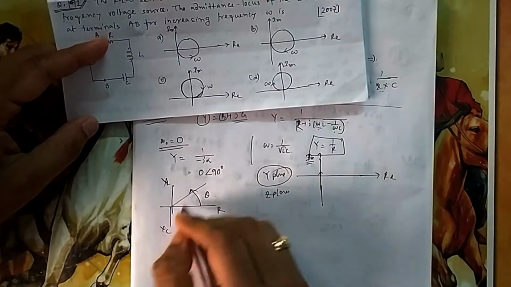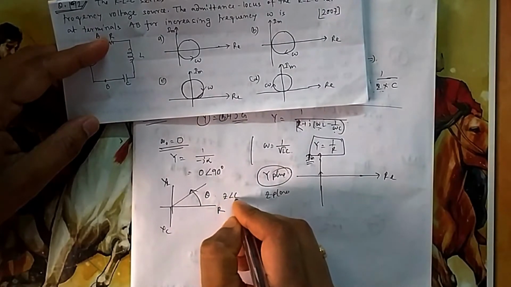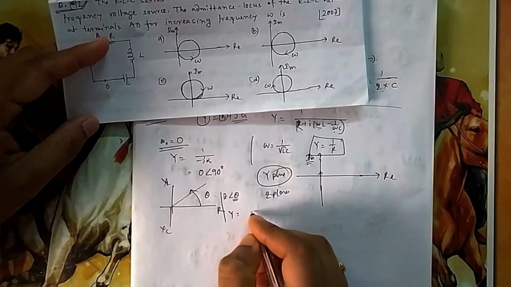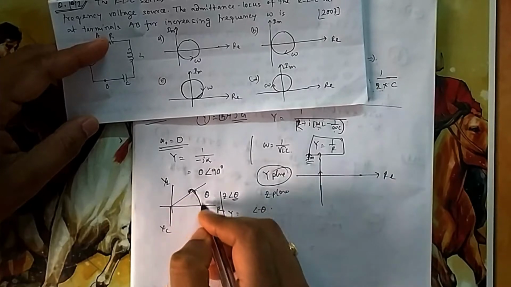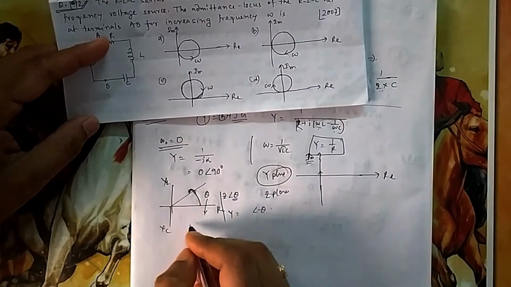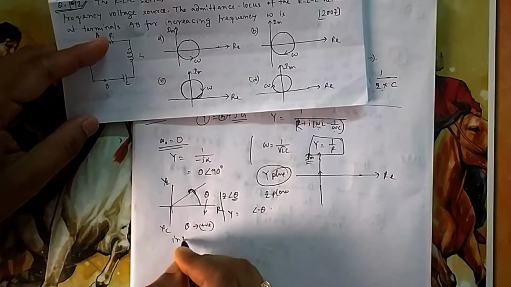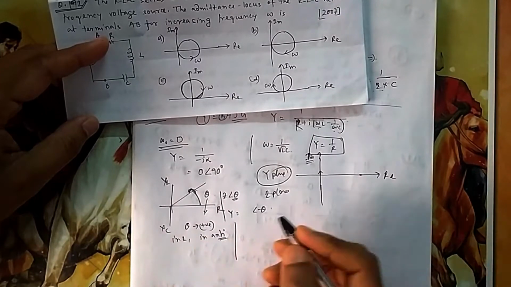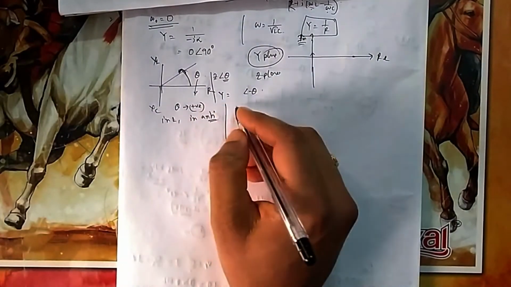In the anti-clockwise direction, theta will be positive. So in Z, if Z has an angle of theta, then Y will be at an angle of minus theta. In Z, if you move anti-clockwise, it becomes positive, so theta is positive in Z. But this exact same theta will be negative in Y.